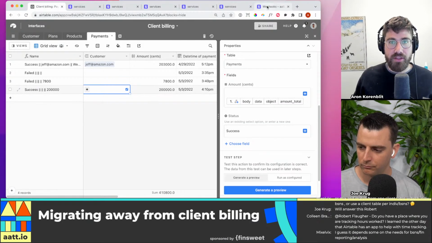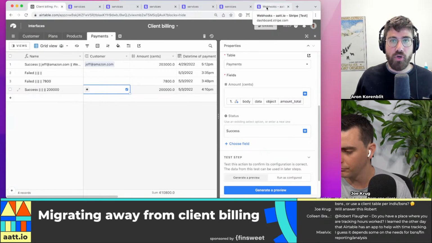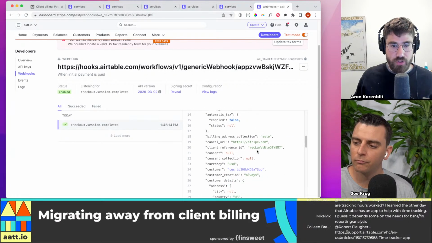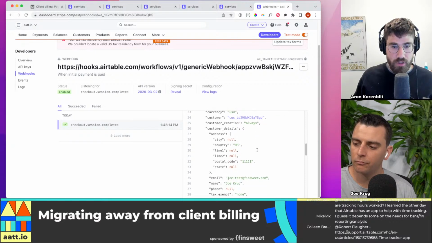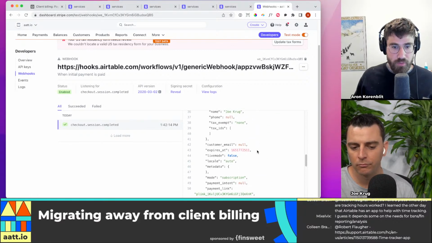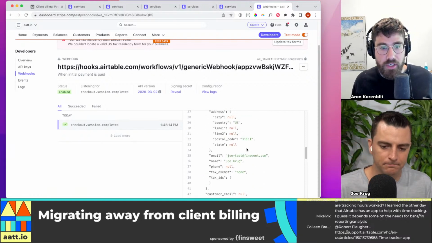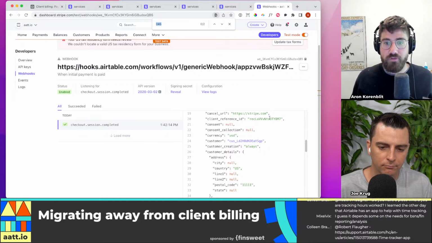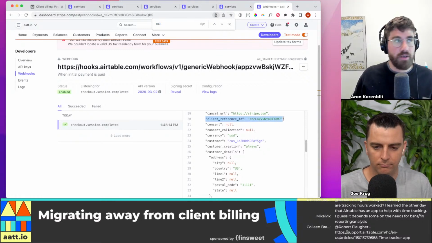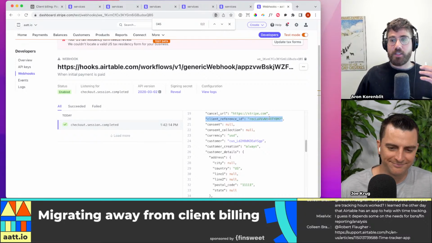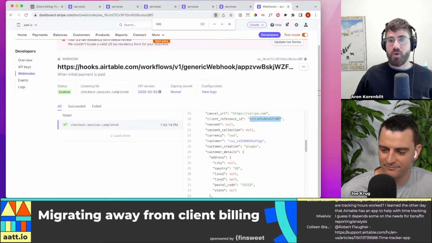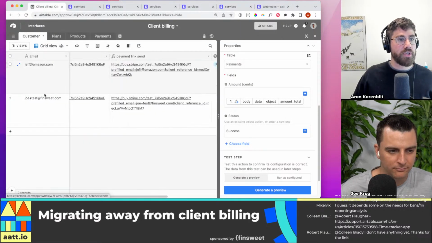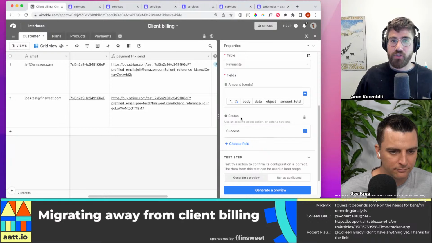Now remember the way we paid this webhook, if I go into the webhook, there should be a customer. Oh, did we not include it there? Customer client reference ID, right here. This is where I get geeky, right? Because I specified that this customer client reference is a record ID. So now I can go to the customer table, find that record, and associate the right one.